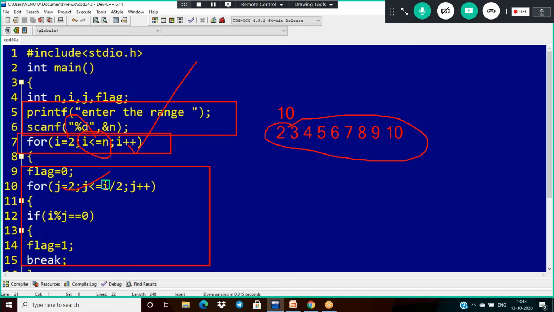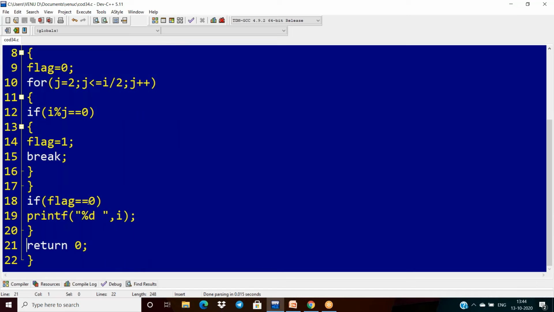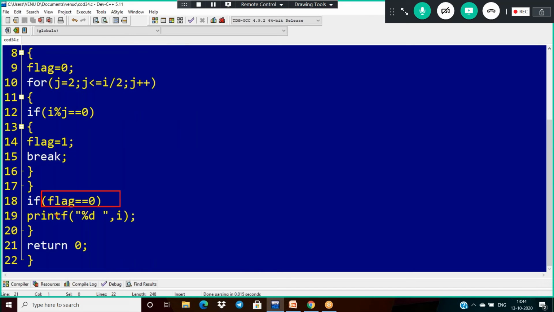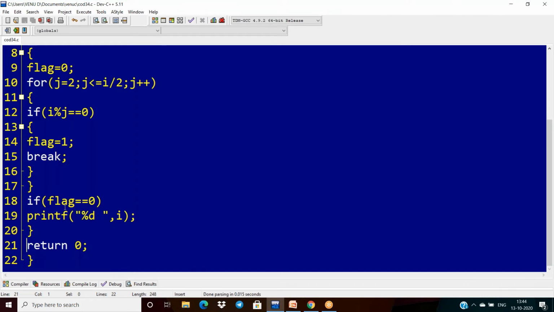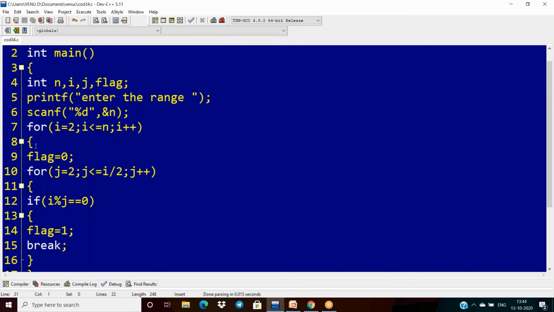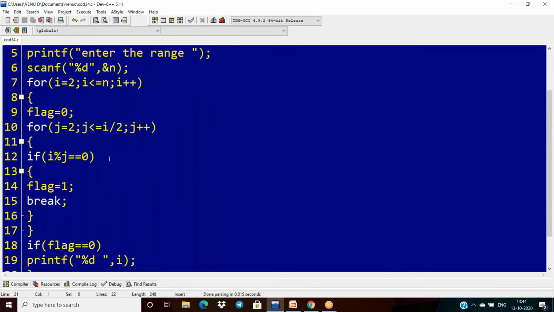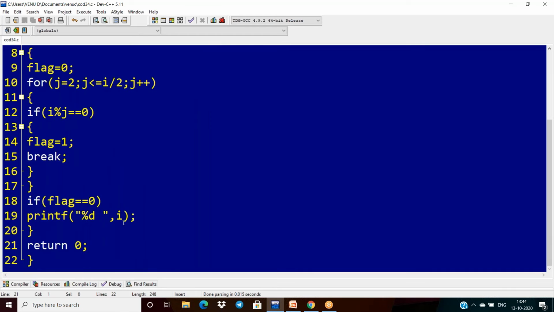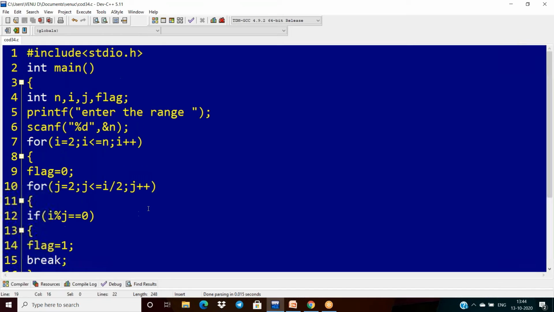But here, in the place of i, in the previous case I was taking n. Now we are storing each and every value in the index variable i. We just have to observe the values inside i and verify whether it is prime or not. So that is why I'm taking i by 2. Everything is common. But only if the number is prime should I display it. If it is not prime, I don't want to display it. So if flag is zero, there is no factor other than one and itself. That means it is prime. I have to display it. Okay.